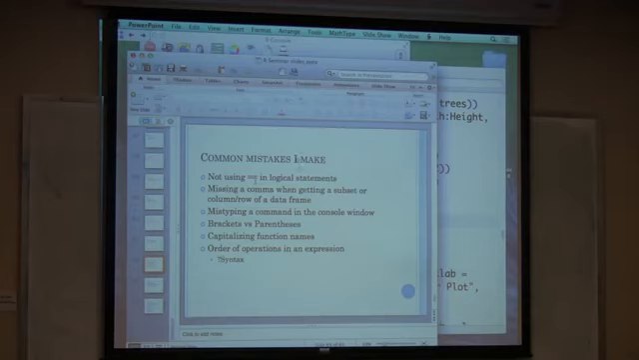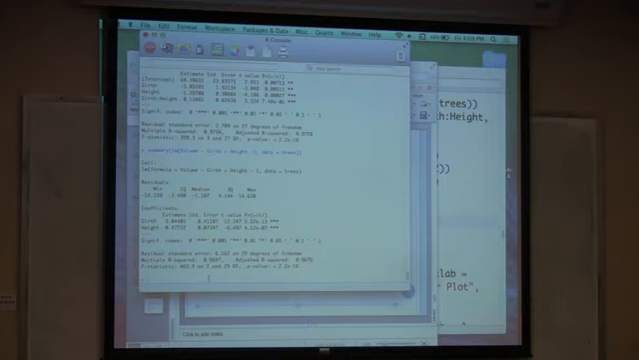I mentioned this before, missing those commas. I do that all the time. If you mistype a command in the console window, let me just give an example of that. You get an error message. Yes, you do. Unless it's valid in some other way. Exactly, exactly. So, for example,